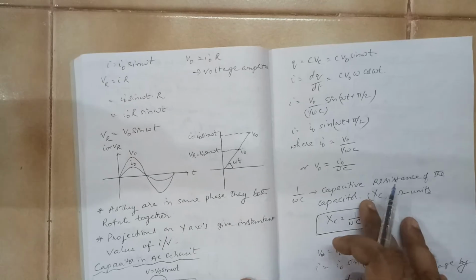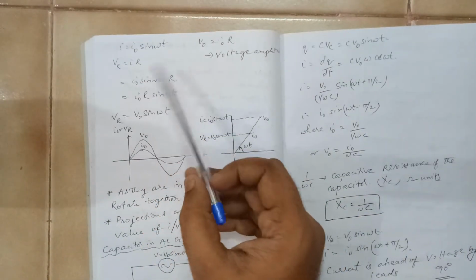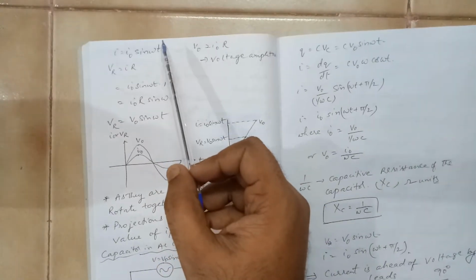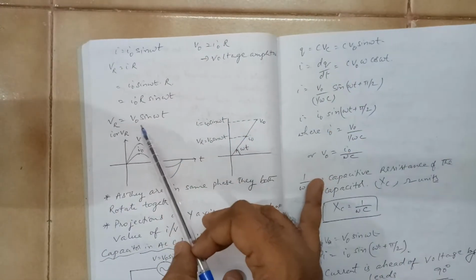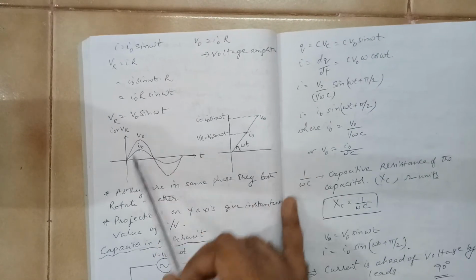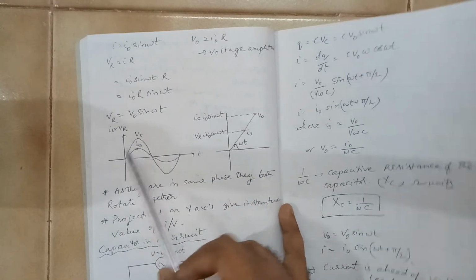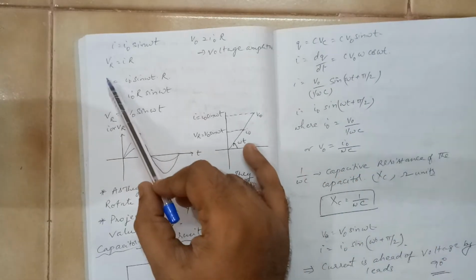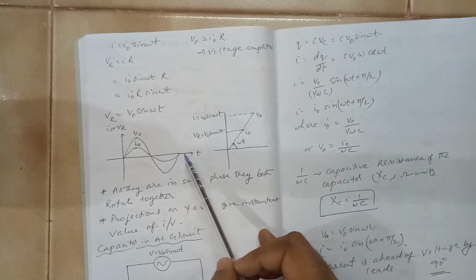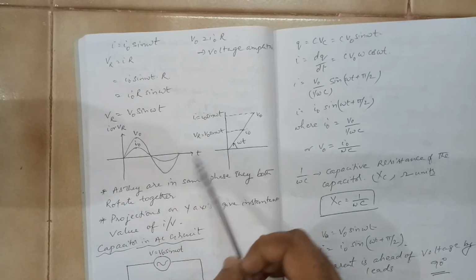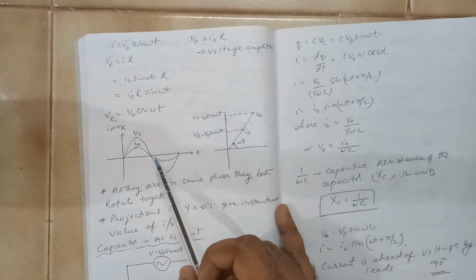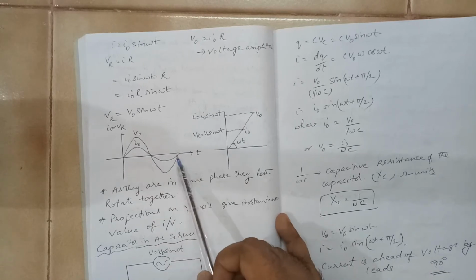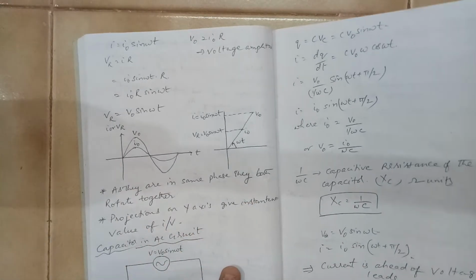If you see how the current is varying, the current varies in sinusoidal form and the voltage also varies in sinusoidal form. Whatever phase I is going through, V is going through the same phase. Both start at the same point; only their magnitudes may be different. If you multiply I by R, you get V. So this is the I curve and this is the V curve, both following the same phase. When one hits the 180 point, the other also hits 180; when one hits 360, the other also hits 360. So both are in phase.